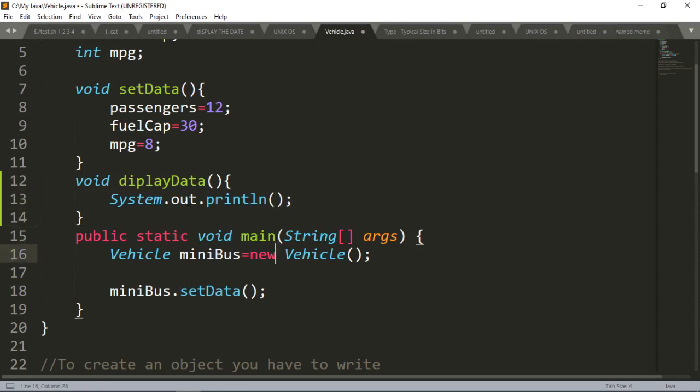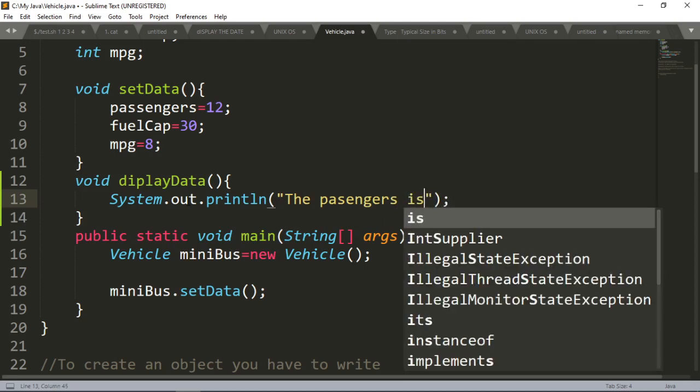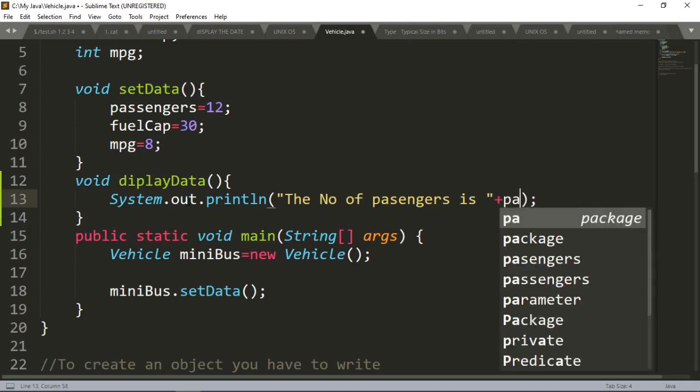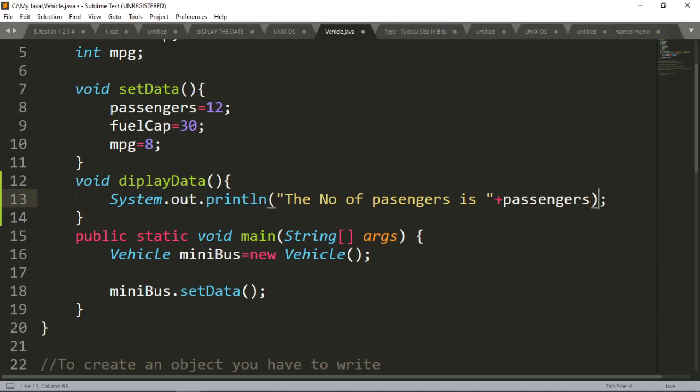So here in this system.out.println statement, I will write the number of passengers is, and then it will print passengers.